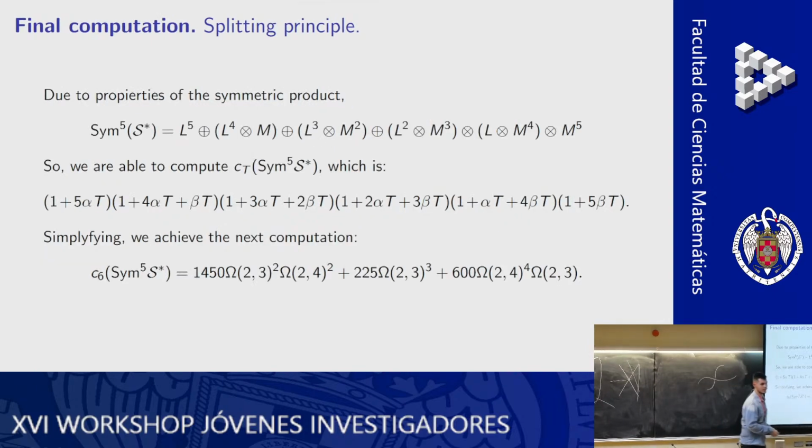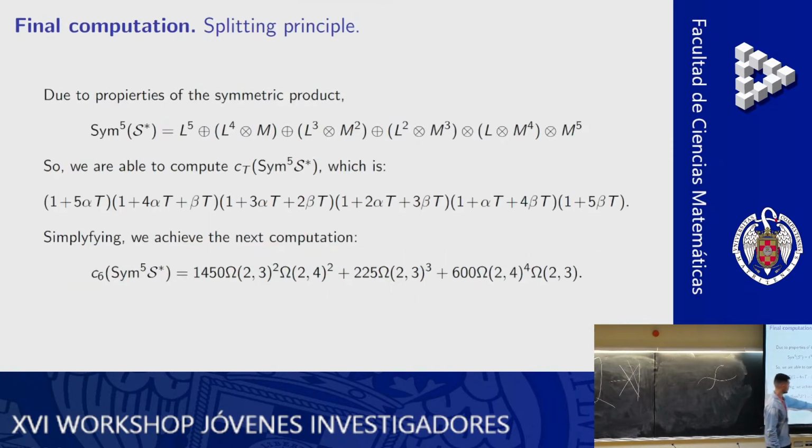We made this decomposition. You don't have to understand why this happens. It just happens. So the Chern polynomial of this is just this. You make the multiplication with Python, and you get an expression of the last element, the one that you want. That is exactly this expression. That expression is going to contain alpha plus beta and alpha times beta, and you use the identities we saw before. So you just substitute and you have this.